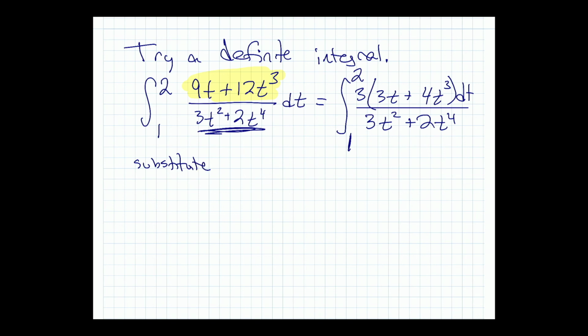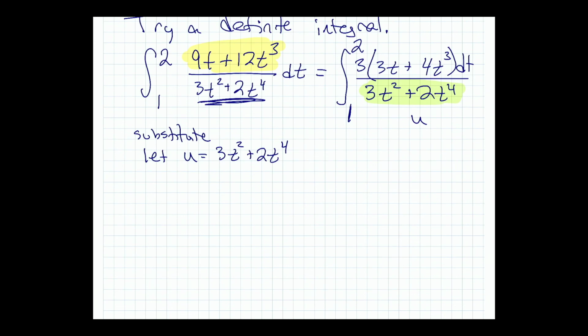Substitute. All right. How do we pick the u? Well, remember what we're doing, right? We expect that the denominator there is going to be our u. Okay? So we want u to be 3t squared plus 2t to the 4th. And then our du, well, we just take the derivative. So we're going to have 6t plus 8t cubed